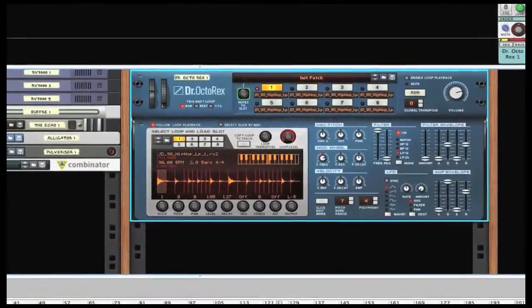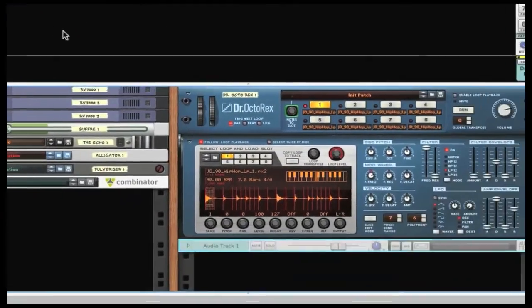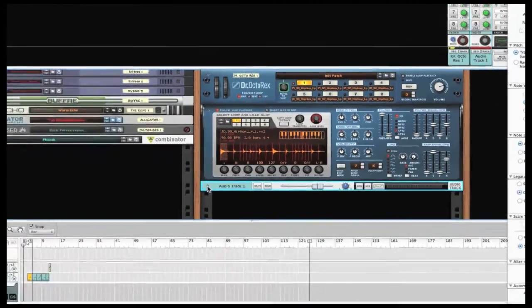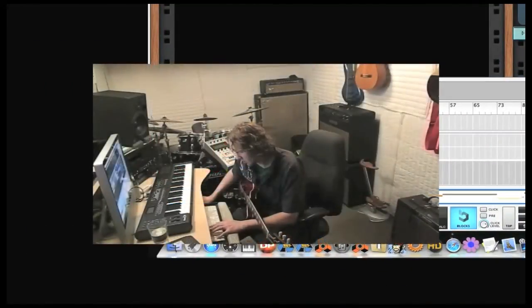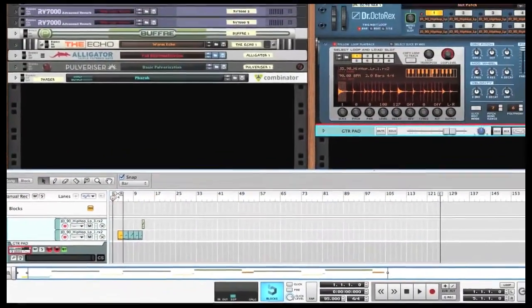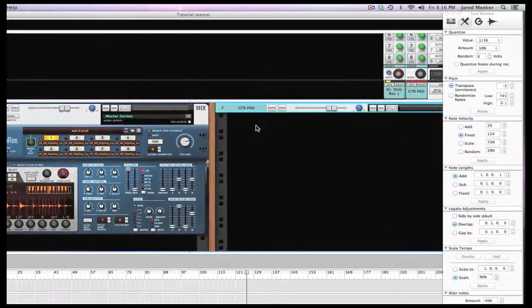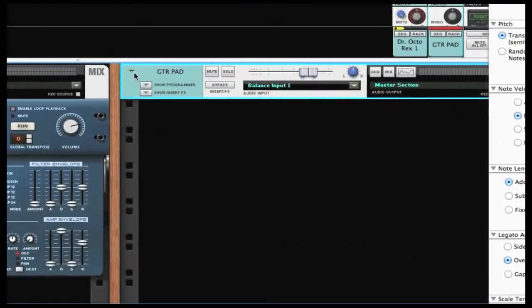Let's click on the only device we have, the Octorex, and go to Create Audio Track. And now in that audio track, first of all, let's name that Guitar Pad. There you go. And let's put the guitar pad over in this third rack. So we have a rack for our sends, then we have a rack for our instruments, and then a rack for our tracks. Alright, so let's go to guitar pad